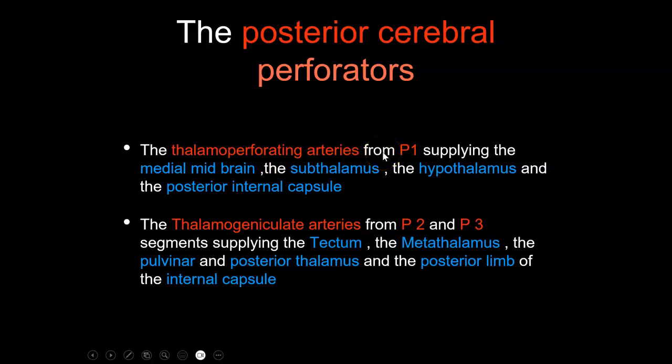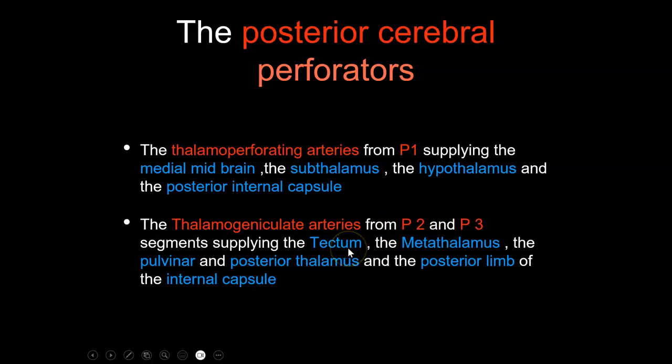From the basilar bifurcation to the origin of the oculomotor nerve, and it supplies the medial midbrain, subthalamus, hypothalamus, internal capsule, and branches arising from the P2, the thalamo-geniculate arteries, and P3 supply the lateral part